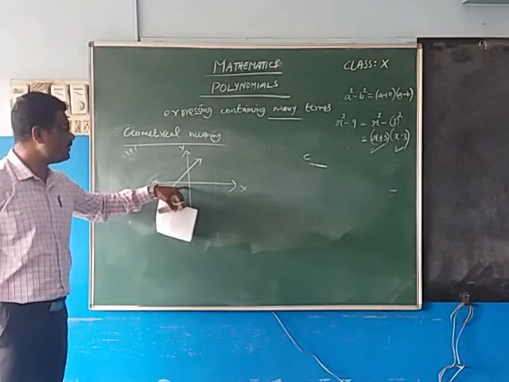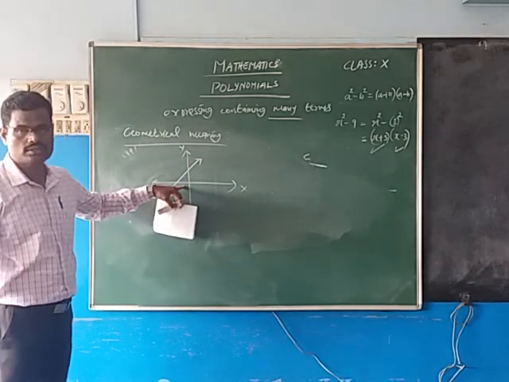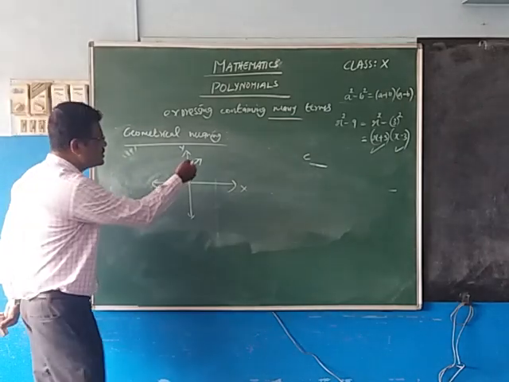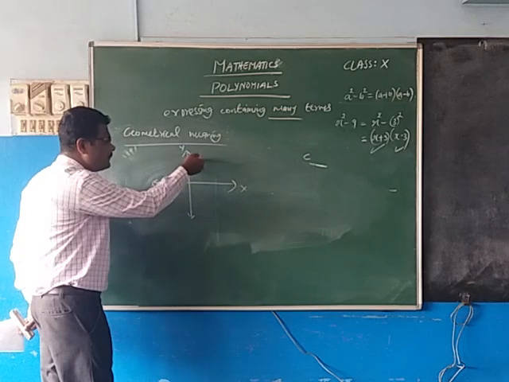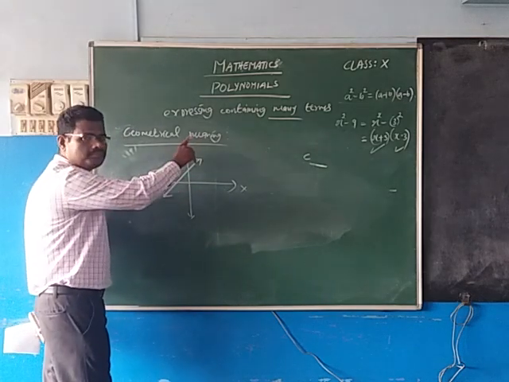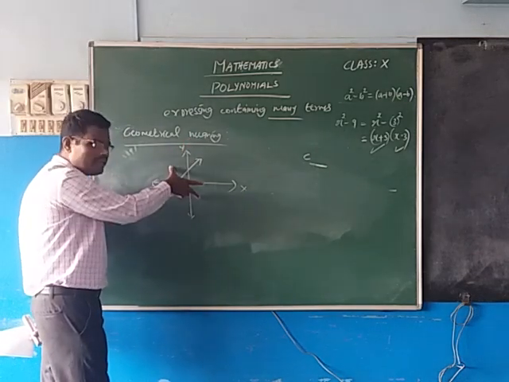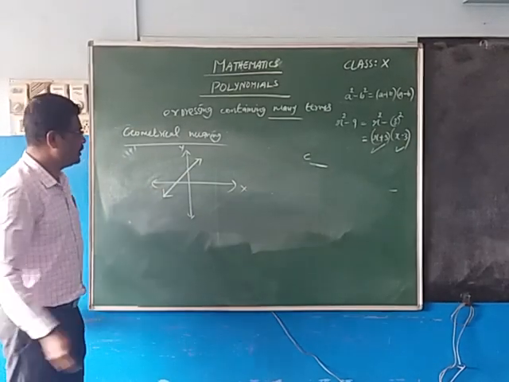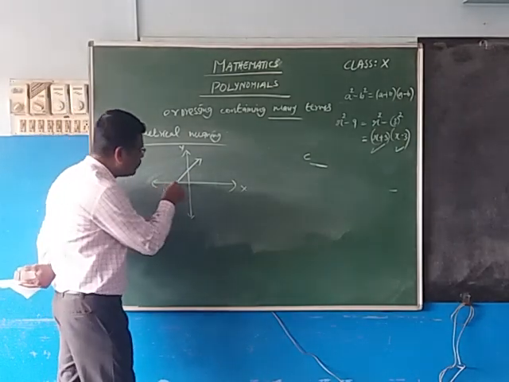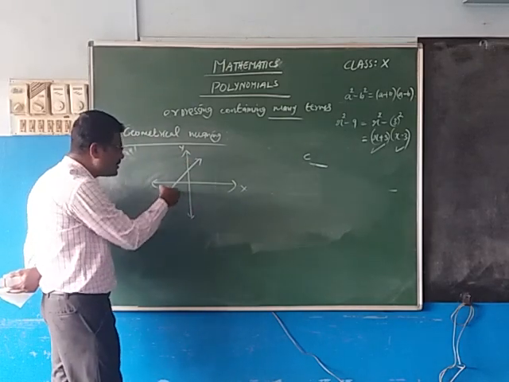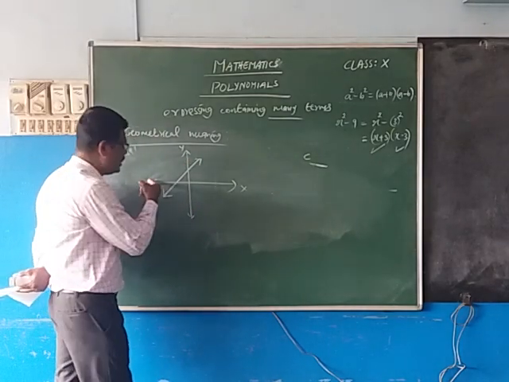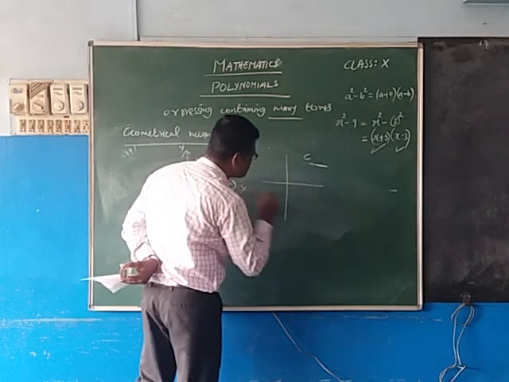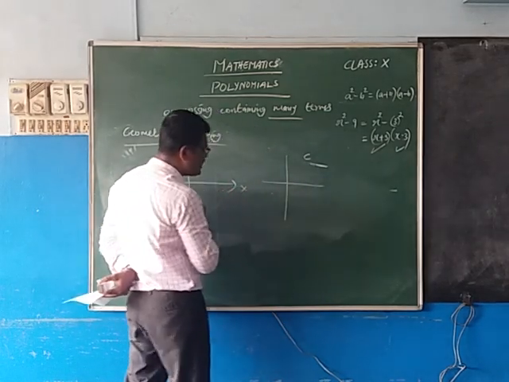So the given graph has how many zeros? How many solutions? This is called what? It is a graph of the given equation. By using the graph, we can find the values of the given variable. So in how many points does this line touch? For example, the question is like this.